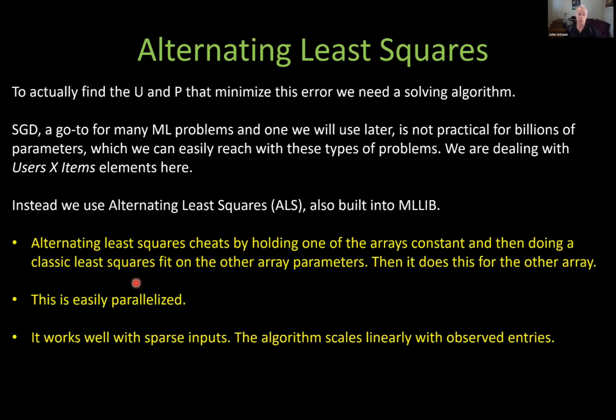But we're not given U or P. So what if we instead pretend we have U? Let's fill it in with some random values to start with. So we fill in U with some random values, and then we find a P that fits. Okay, well, what does that do for us? Well, if we then pretend that P is a good P, and we find a U that fits, that also is a simple problem. Somebody handed you R and P, you could fit U. So then we find a U that fits.